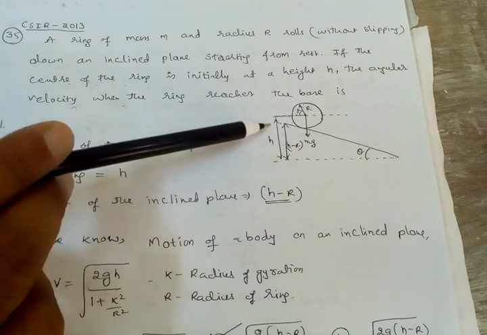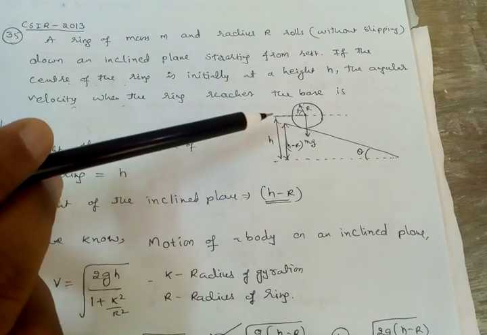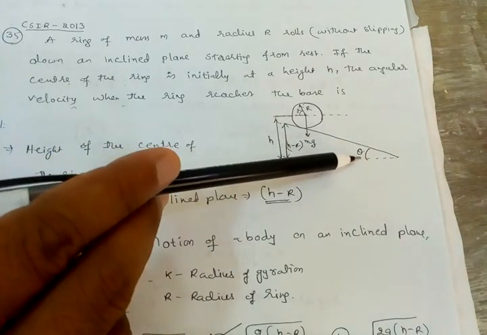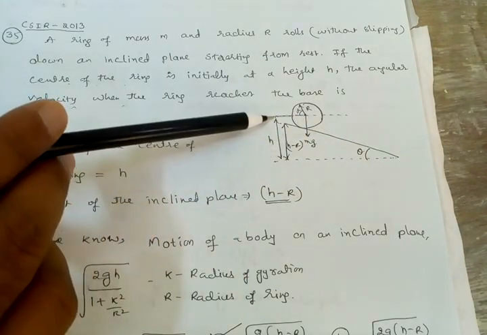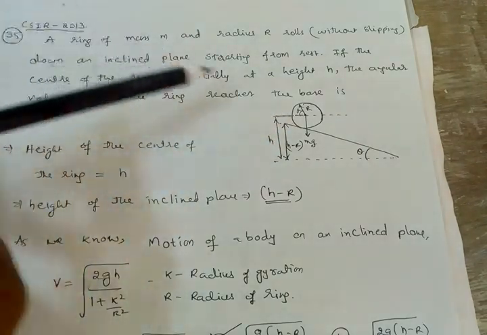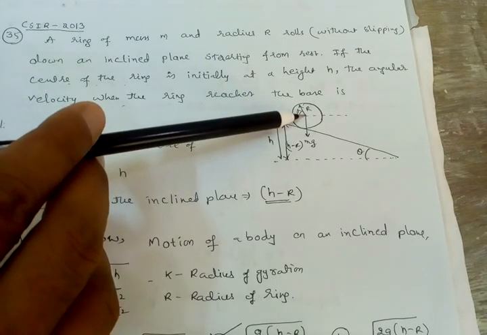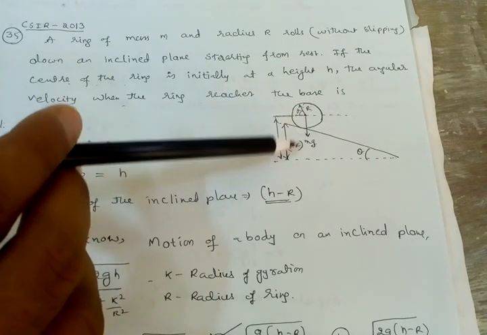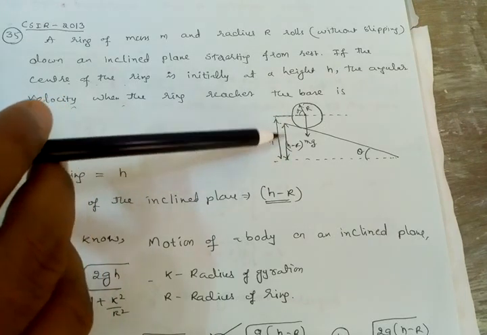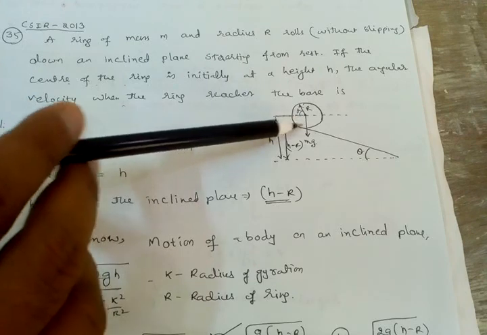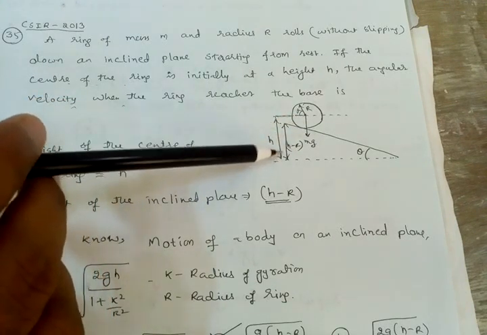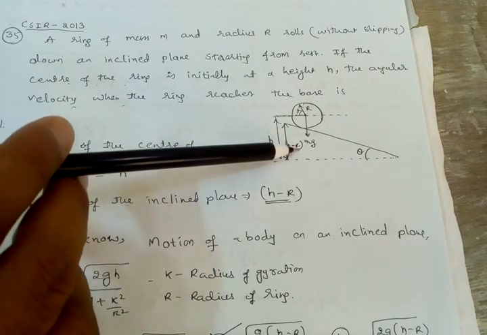So this is the picture that the paper has. This is the inclined plane, this is the inclination angle theta. This is the height h. What is the height here? H means, as already mentioned, this is a ring, the height from the center of the ring to the bottom. So up to here this is h. So the inclined plane height is h minus r, where r is the radius of the ring. This is the total height, so the inclination height is h minus r.